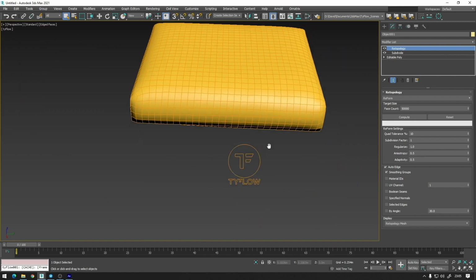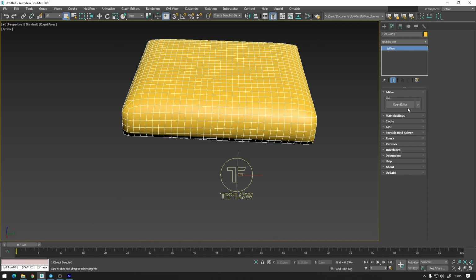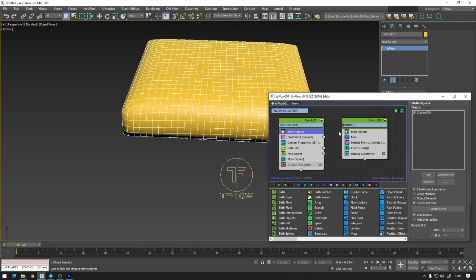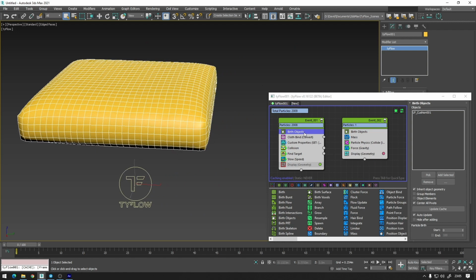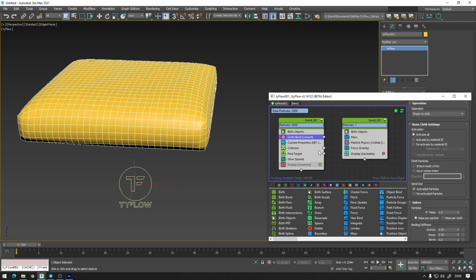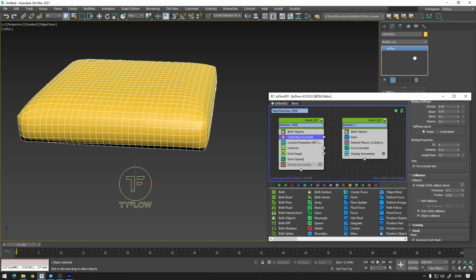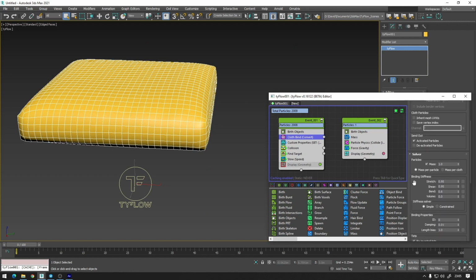So now onto TyFlow. This is the graph. It's very simple, very easy to follow. First, just use a birth object and select our low poly cushion. Transform it to a cloth object using CUDA, of course, and change the binding stiffness values to something that makes sense on our scene. These values will change on your scene